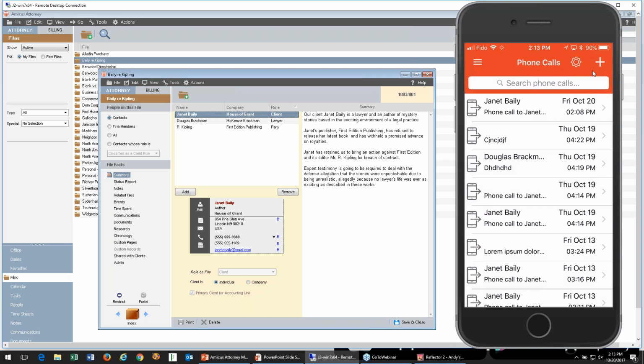So the other thing I want to point out too is that the phone call was easily recorded from within the Amicus Attorney mobile app because it was something that we initiated from within Amicus Attorney. So we were on the file, we said to call Janet Bailey, and we were able to be prompted for that. If we wanted to deal with an incoming call, so perhaps you had taken it already, and you want to go and then record the details of said call,